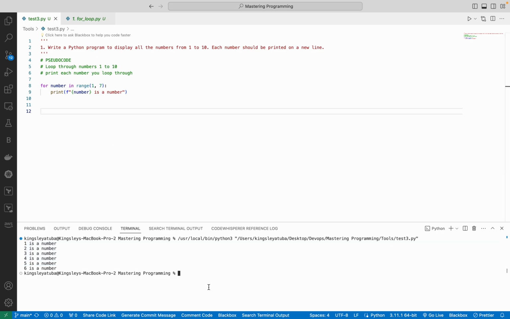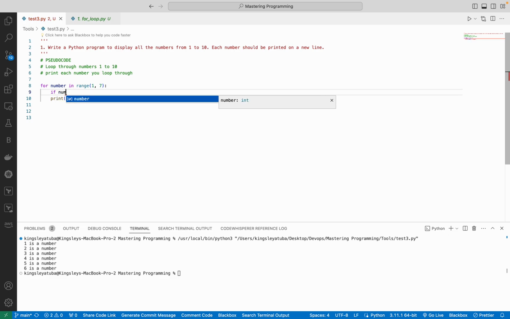Right, so let's say for example we want to print just 4, 5, 6. We want to print only numbers bigger than 3 while looping. We don't want to print 1, 2, 3. We only want to print 4, 5, 6. We have to introduce a condition and say if number, the variable we created, is greater than 3,